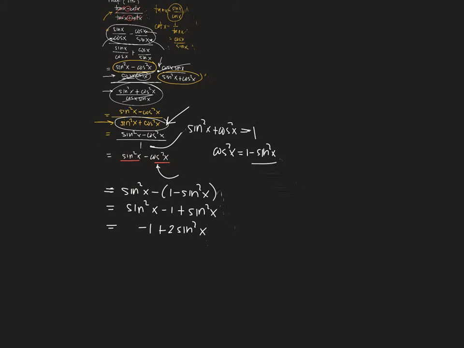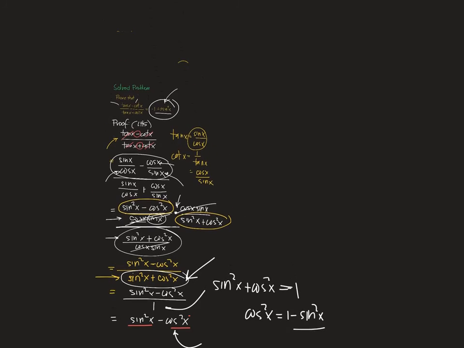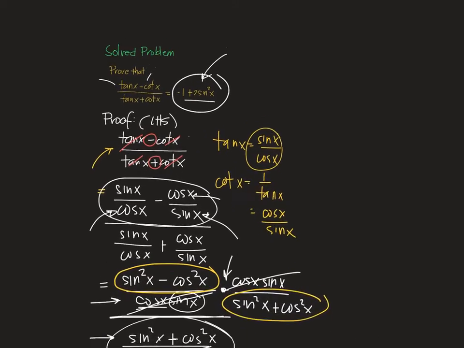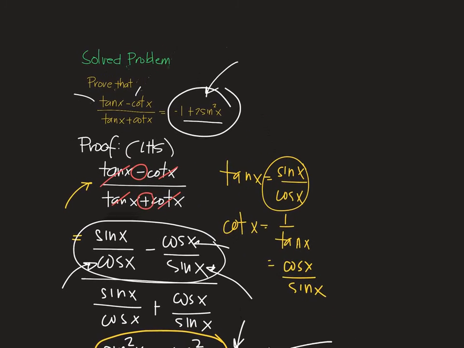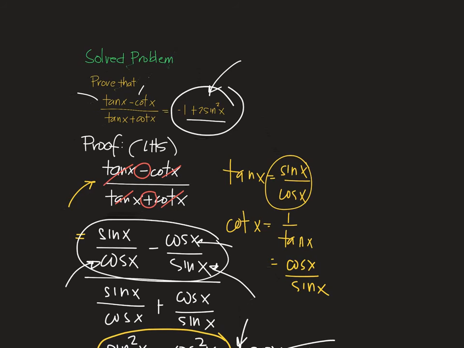So we can end our proof by just putting a shaded square indicating that the proof has ended. Okay, so what will be your take home for this video? This is just one of the many proving identity problems that you might encounter, but the key ideas in this example is that you should know